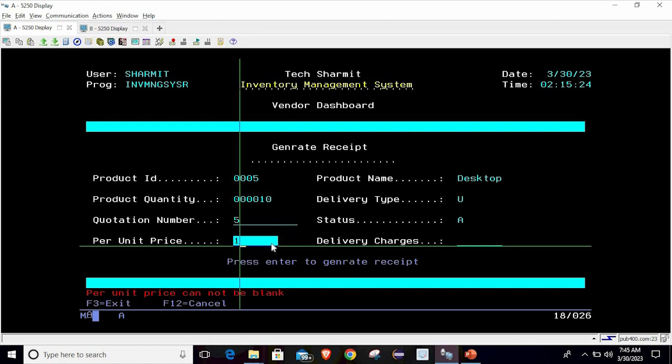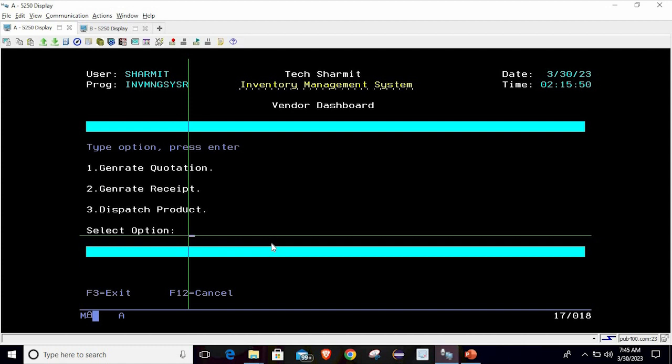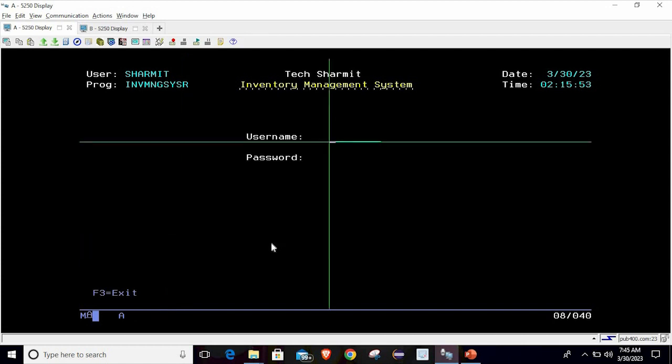Now we will pass the per unit price, which is 10, hit enter. Now delivery charge is also 10 and hit enter. So record is added, means generate receipt is done. Now take F12. Now the next functionality will depend on customers. So let me go to the customer ID,